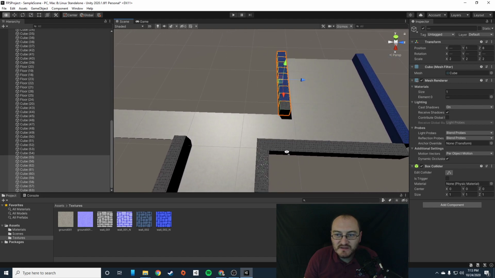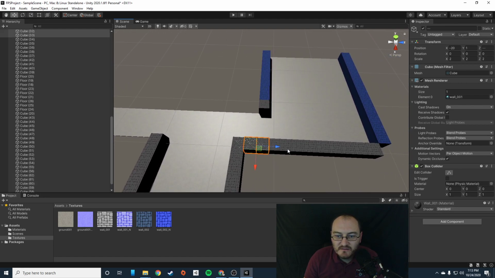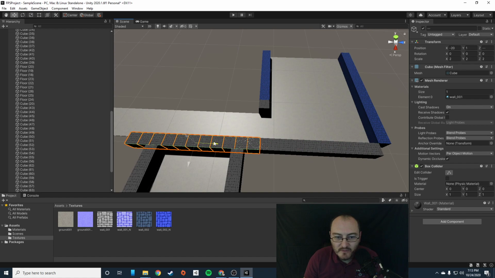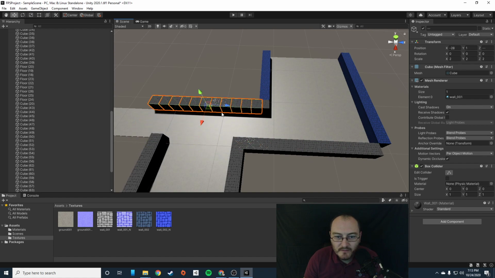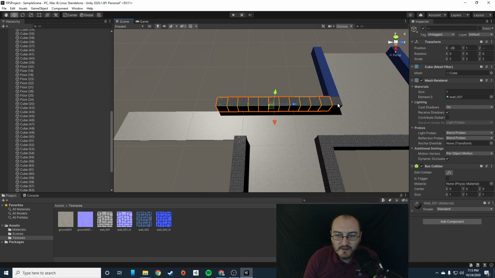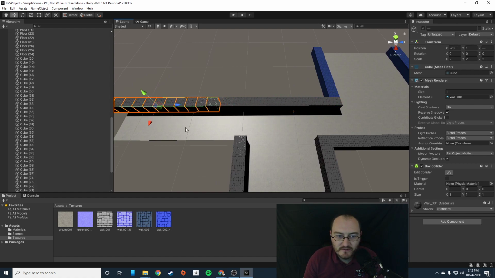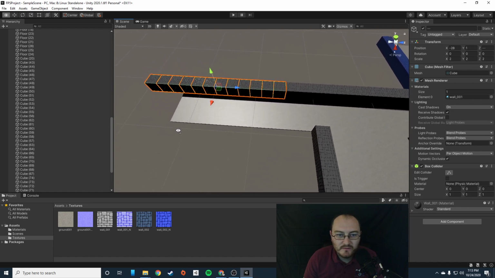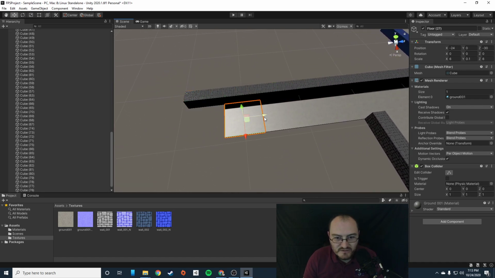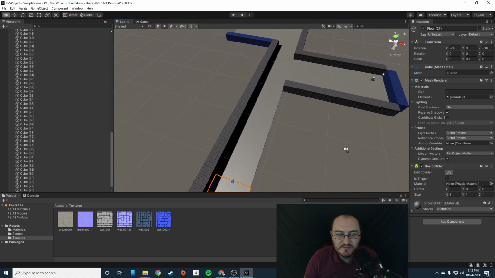But yeah, I mean, it's really as easy as that. You just, let's select all of these here. Duplicate, bring them over, bring them up, bring them over just a little bit more. All right, perfect. Then I can grab this one, duplicate them again, bring those over. Beautiful. Duplicate my floor section, bring that over. And it's really just as easy as that. We're just building out this level,